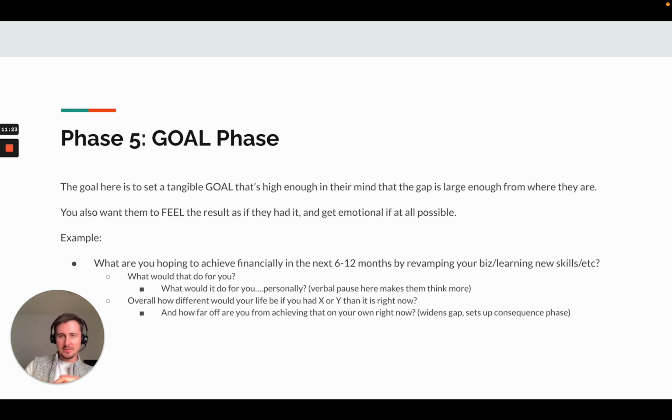If they give you that silly response, or sometimes they do, you could say something like, well, okay, well, on your deathbed, you're probably not gonna be really thankful that you reinvested, right? So if you really thought about it, what would you really do with the money? They'll be like, oh, I'll take care of family, pay for college for my kids, blah blah blah. Okay, that's awesome. What would it do for you maybe personally? When you can pause a little bit like that, it'll subconsciously trigger them to slow down and really think.